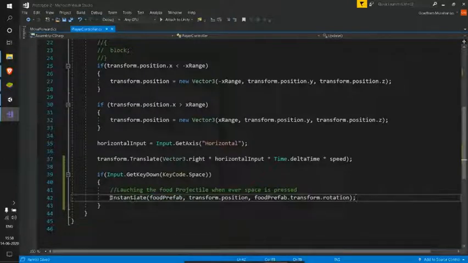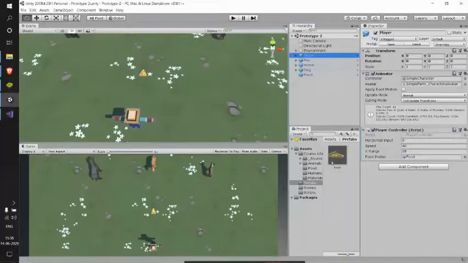Let me explain this instantiate again. For instantiate, we need to give one prefab, which is the one we have in our prefabs folder.